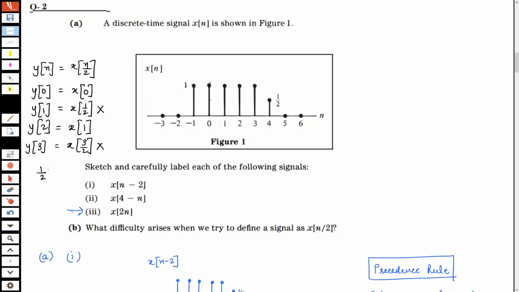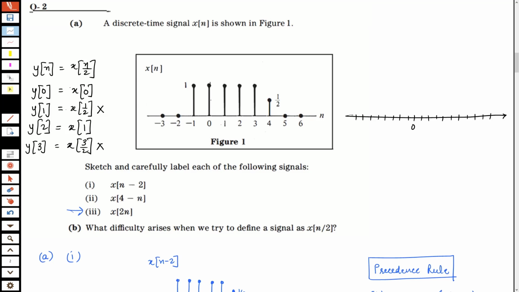a being 1 by 2 here. So wherever a into n, that means half into n, is an integer, only those values are defined. Other values are undefined. So if I was looking at sketching this kind of a signal,